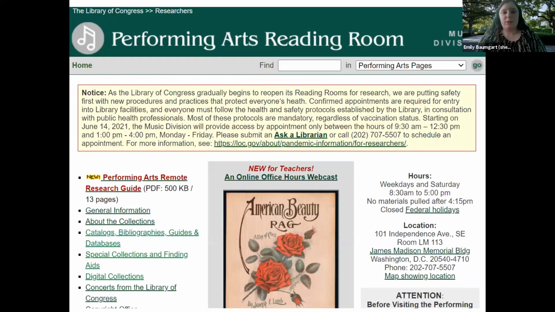So when I began this project in March of 2020, I needed a project to work on at home. I noticed that we had really no discoverability for LGBTQ collections on any of our public facing pages. You see here our main landing page. There was nothing here about what LGBTQ holdings we had, where they were, how to find them. So I wanted to really work on fixing that.